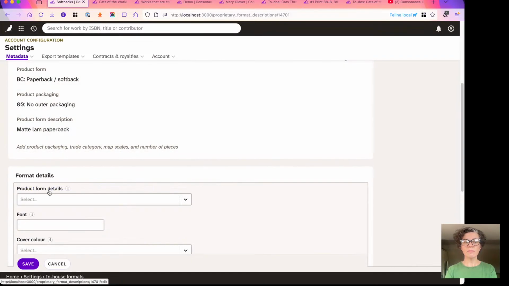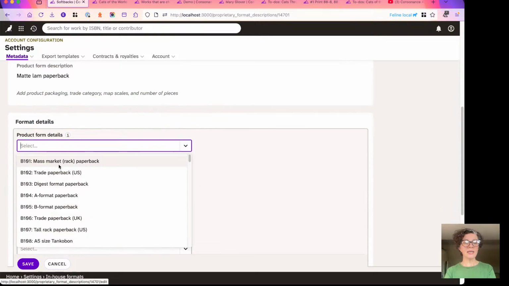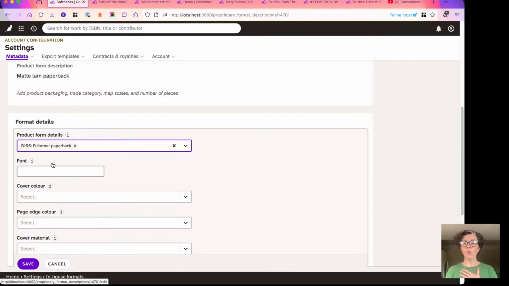Now we can add in some format details. So the product form details, I'm going to say that when I say softback, I always publish in B format paperback. So this is great. We're getting the benefit of a single entry on a metadata page, but the metadata page is going to be full of all of these